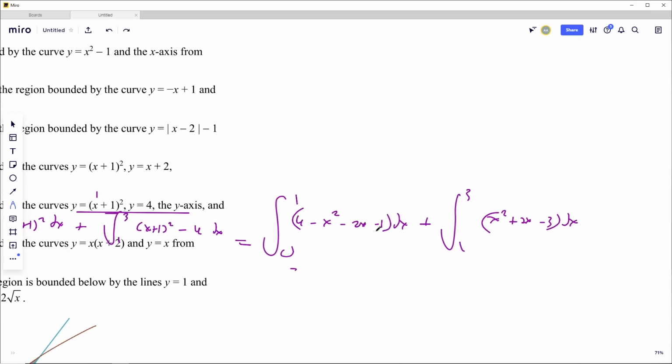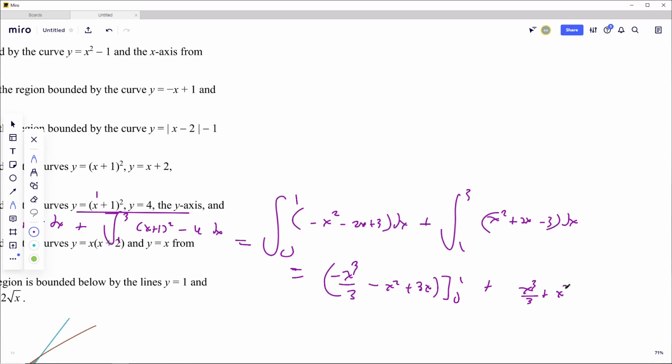If you subtract these two, 4 minus 1 is plus 3, this is minus 3. So you get equal to minus x to the power of 3 over 3, minus 2x to the power of 2 over 2, so that's x squared, plus 3x. I cancel the 2's. And here from 0 to 1, plus x to the power of 3 over 3, again cancel the 2's, 2 over 2, minus 3x